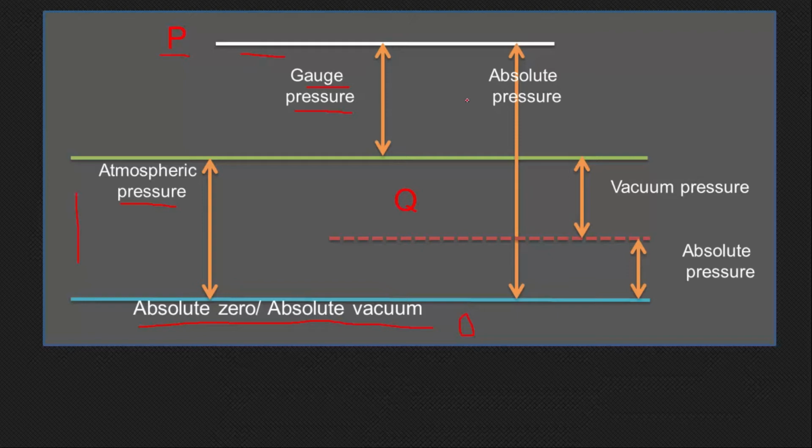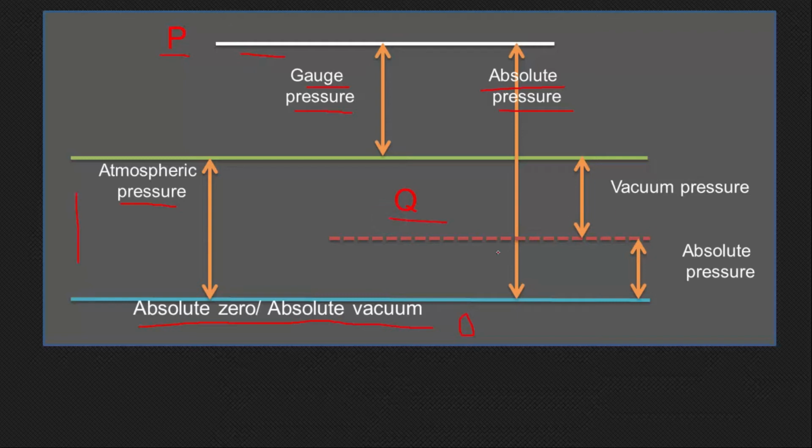It also means the absolute pressure in the pipe will be addition of the gauge pressure and atmospheric pressure. That is, the gauge pressure is 3 atmospheric pressure plus 1 atmospheric pressure. It will give the absolute pressure in the pipe as 4 atmospheric pressure. Hope you are getting it. Again, there is another pressure case.